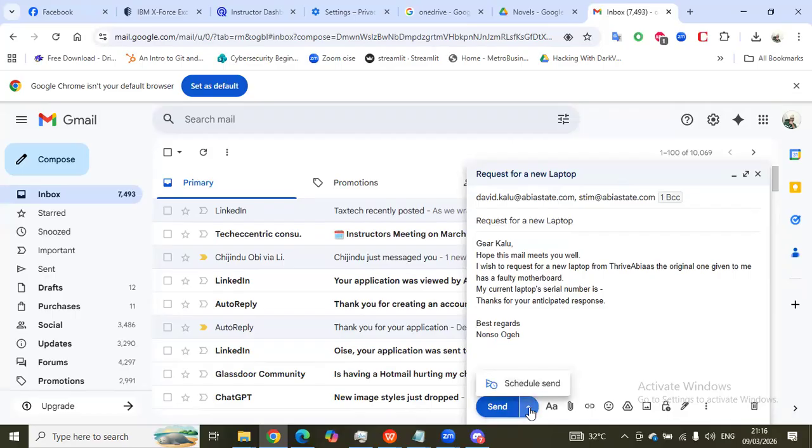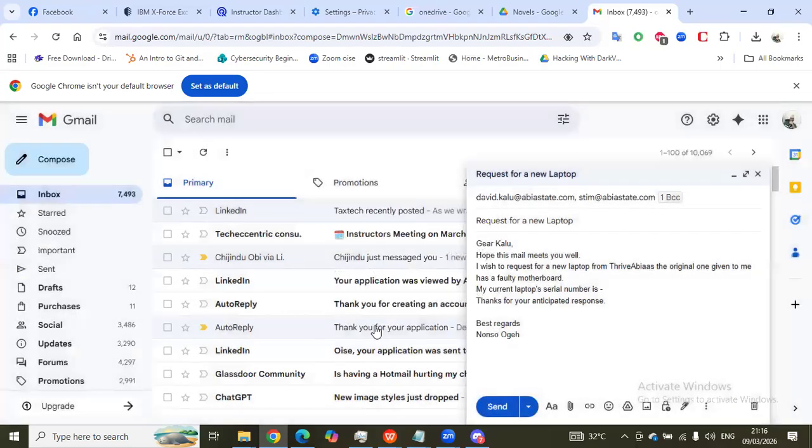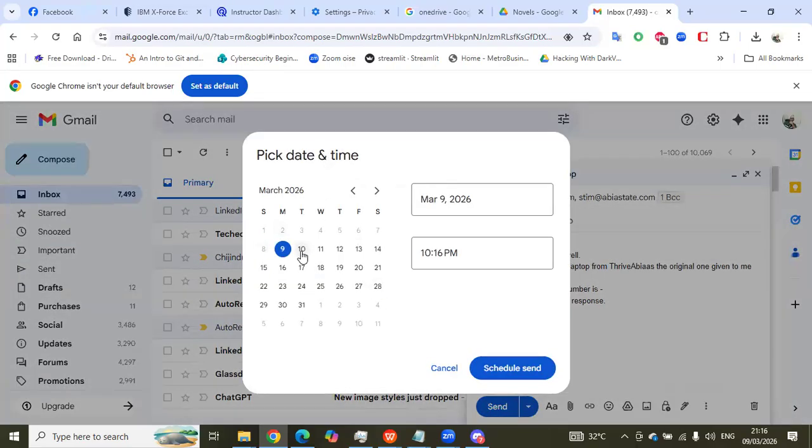So if you do this arrow here, maybe you want to send this first thing tomorrow morning. You can schedule it tomorrow morning by 8 a.m. You want to send it during official hours. Remember, that's the right thing to do. You send emails during official hours. It has already given you these three options, but you can also select